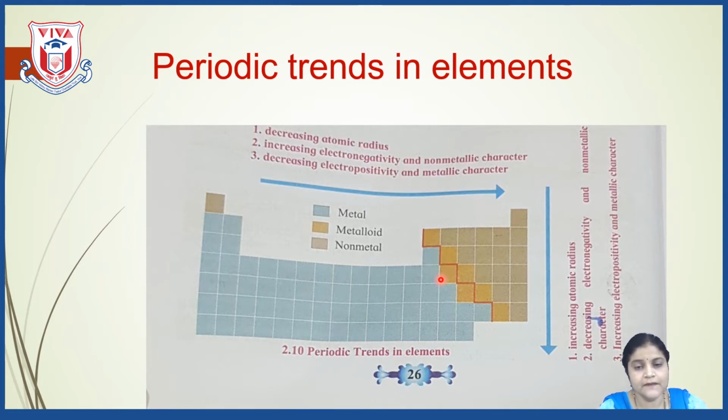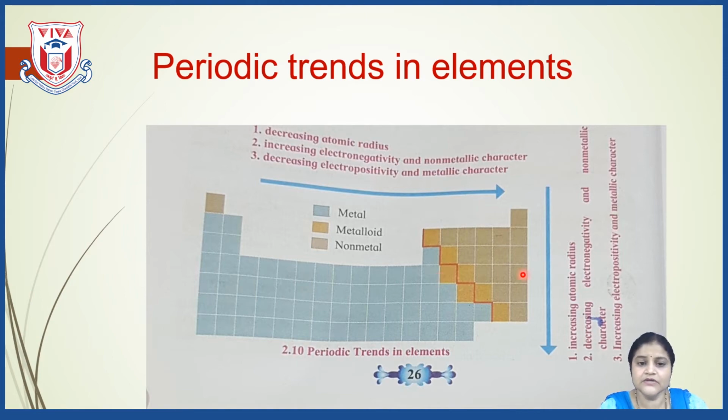Now, whenever we observe the elements in a period or in a group, we see that the properties of the elements in a period, the neighboring elements, are very much similar in their properties. And in a group also they are having the same valency, henceforth the chemical properties of the elements are also nearly same or similar to each other, and so they are placed in the same group.